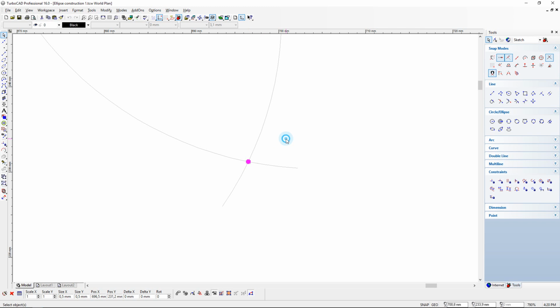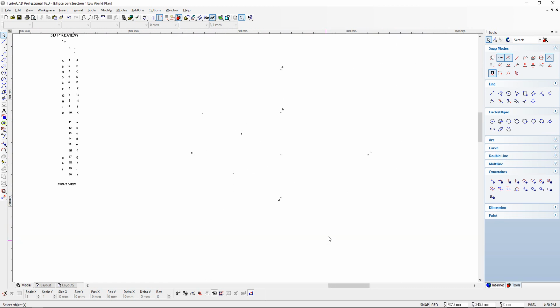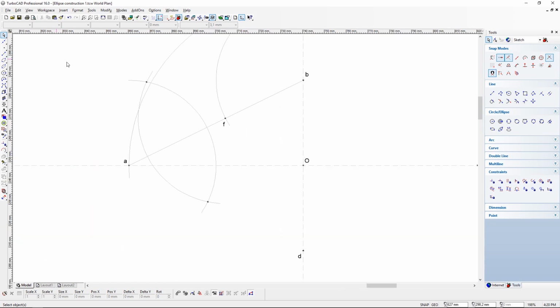Move back into the intersection there. Please note I make sure that it snaps properly at the center of those. So there I've got two intersections. And now the next step is to complete the halving of line AF, and the way to do that is